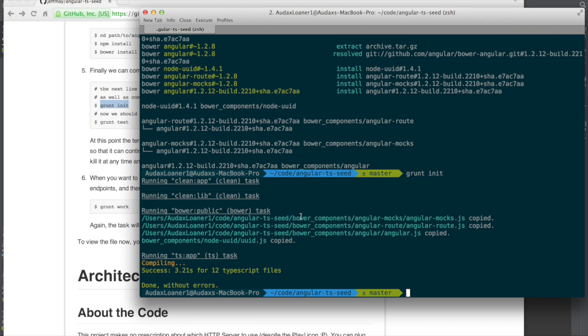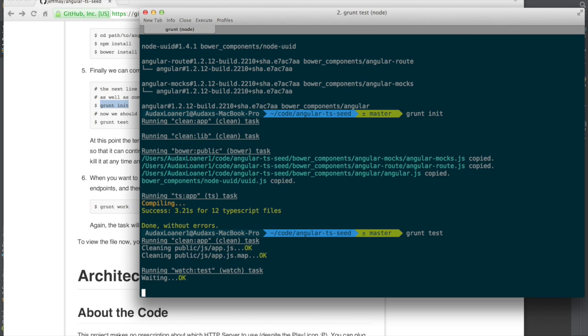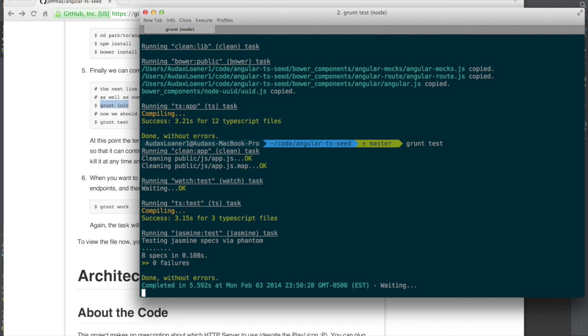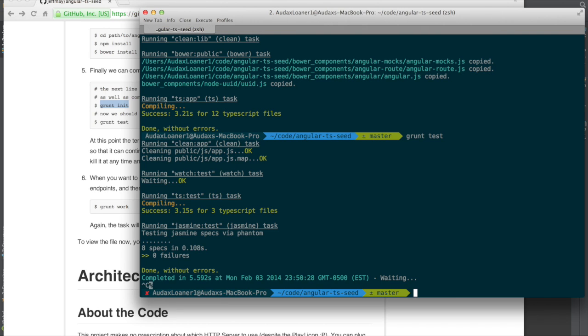Now, after it compiles, it generates some code for you. I'll get into that a little bit more, but we should be able to run our tests. So I'm going to go ahead and run grunt test, which will concat and minify our test code into a file called test.js. You'll notice also that it pauses here because it's waiting for code changes. Anytime you make a change to your code and press save, it'll recompile and rerun all your tests. So we'll just break out of that loop there,